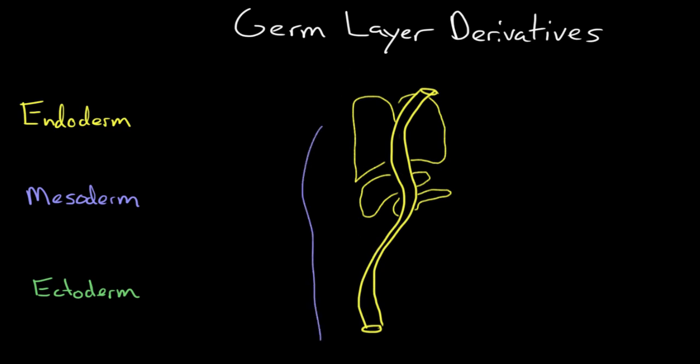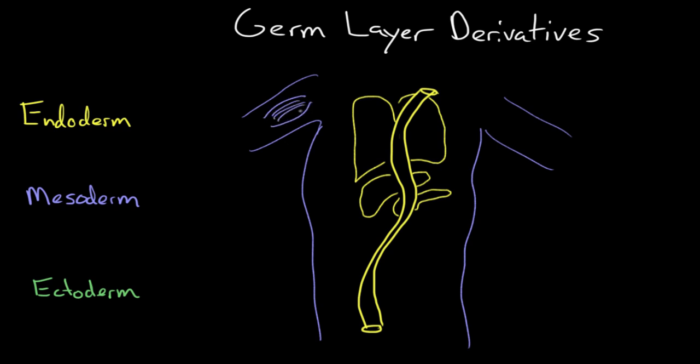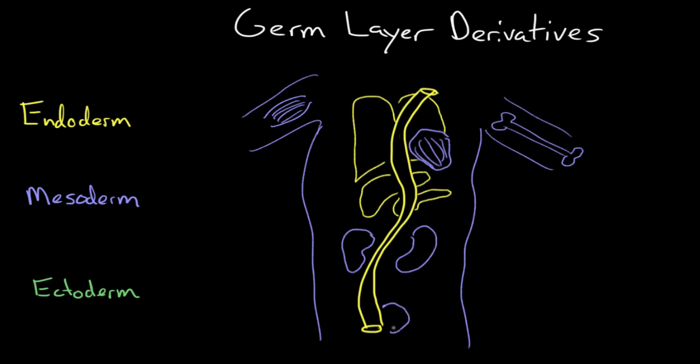intestines. Mesoderm tissues, I'll draw here in purple, form some of the layers of the skin, some of the inner layers. They also form muscles and bones, and that includes the cardiac muscle as well. And then tucked away down here in the abdomen and pelvis, we have the kidneys and the bladder and our